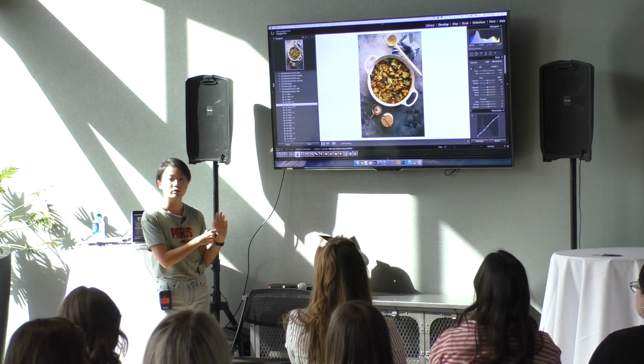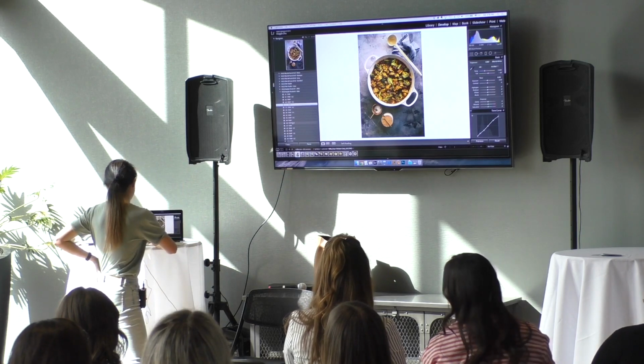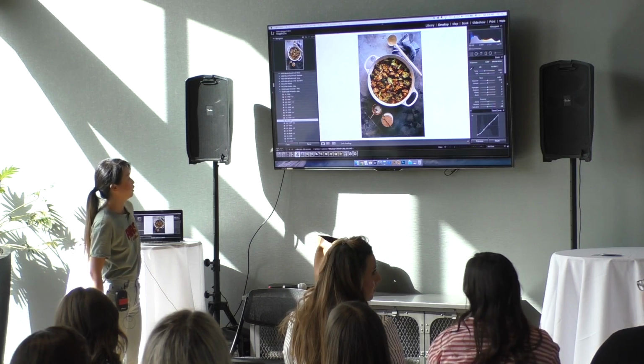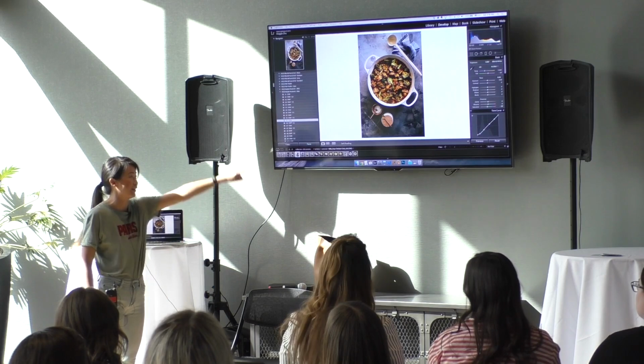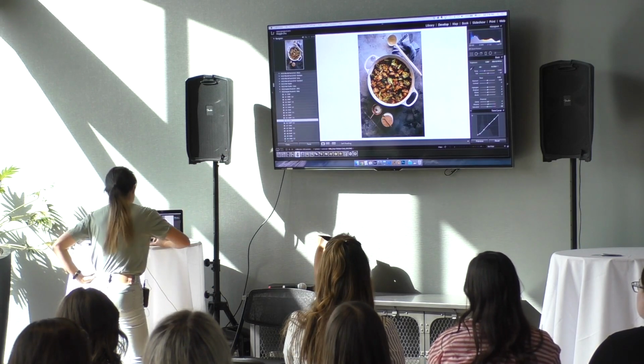What are your favorite presets? I use A6, but you can see that this is the original preset, and I do it slightly different. I tweak this thing. Let me show you.